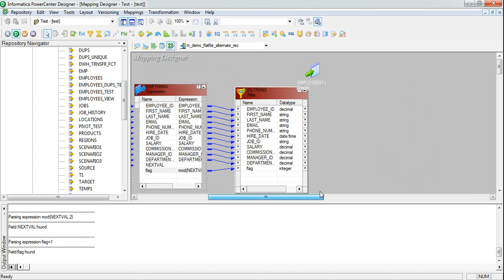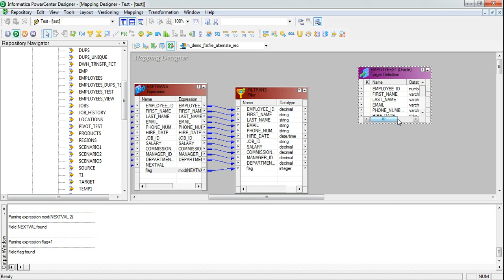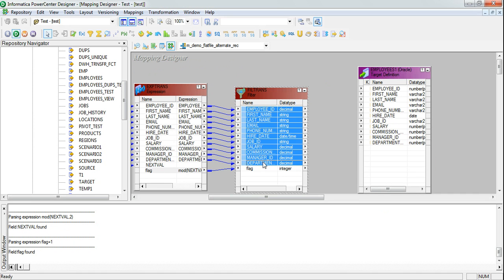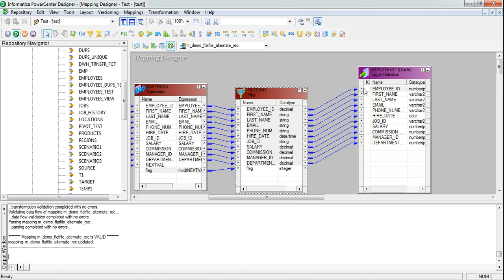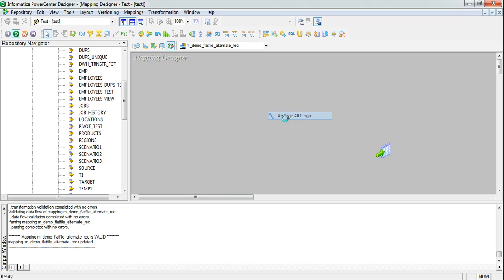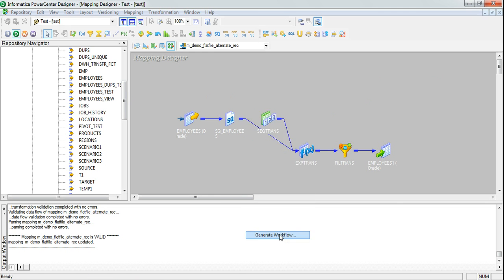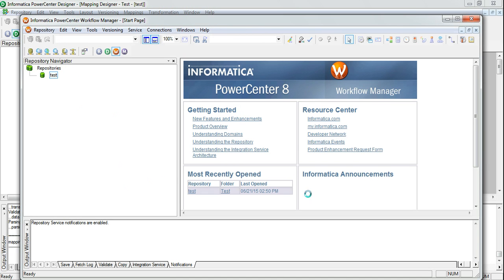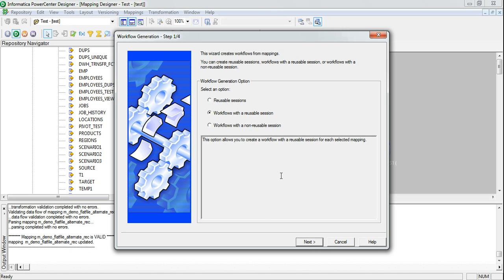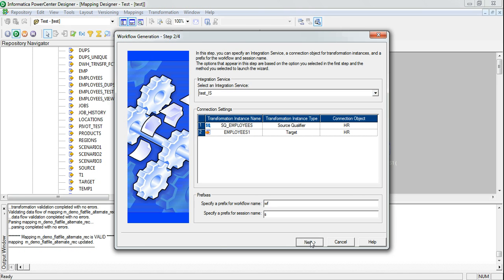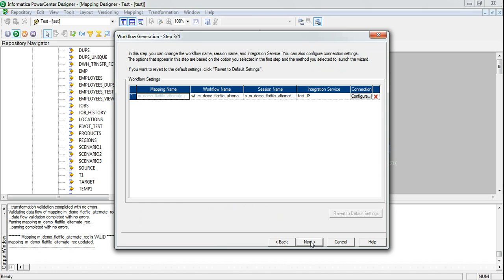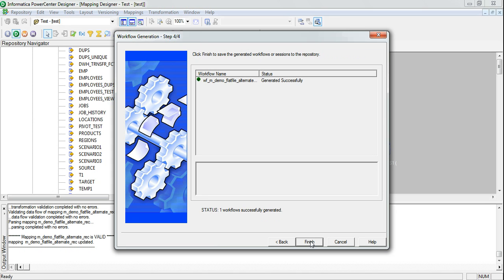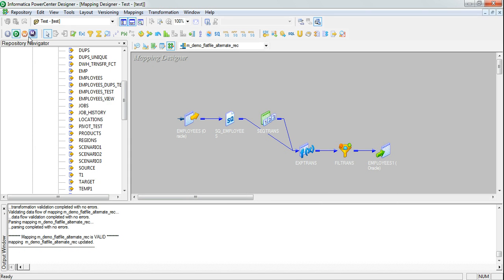and let's connect it to our target. The entire thing is valid. Let's generate the workflow. The reusable session. The workflow name is workflow m demo flat file alternate record. The workflow has been generated. Let's quickly open it